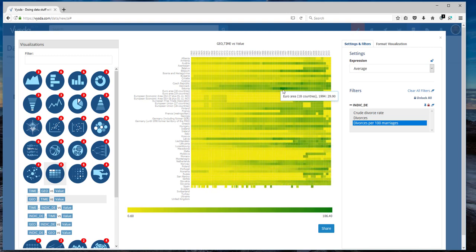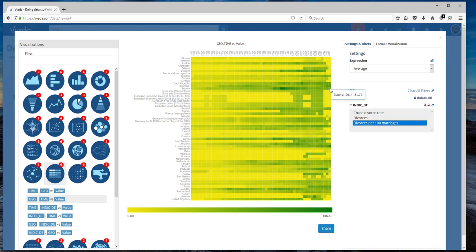Looking at this data, what stands out, of course, the darker greens are the highest rates. Estonia seems to have a pretty high rate around year 1995, 1996, more than 100 divorces per 100 marriages. So essentially, the divorce rate exceeded the marriage rate. And then the numbers went down fairly significantly. In 2014, 51. Another example, Luxembourg was very low and then started going up and reached 87 divorces per